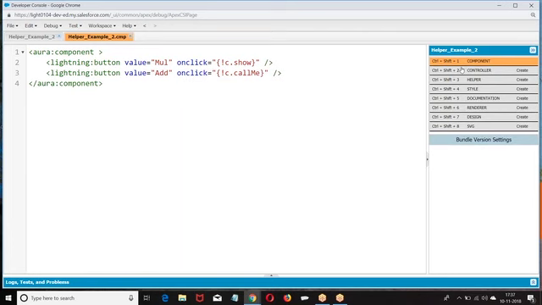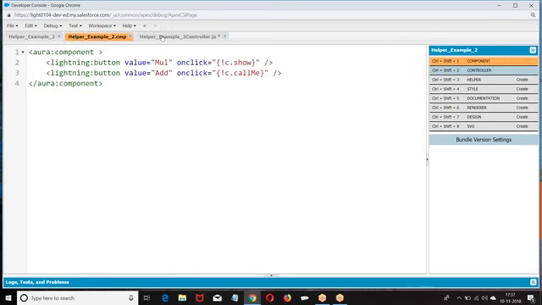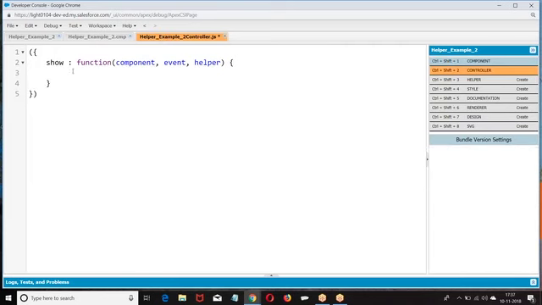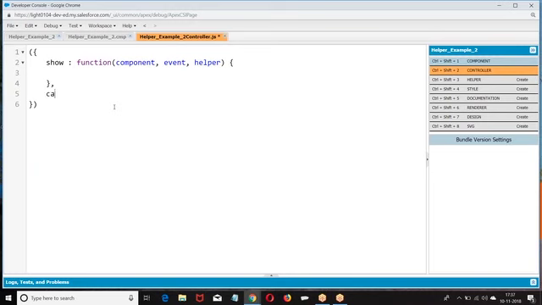Then I'm giving a controller here. Then I have component event helper.